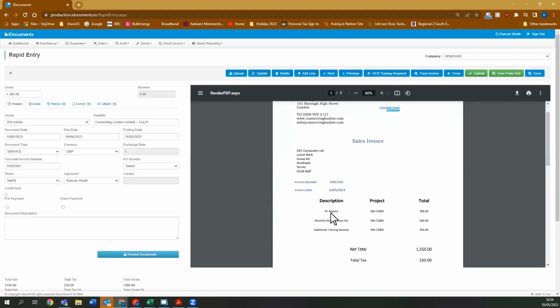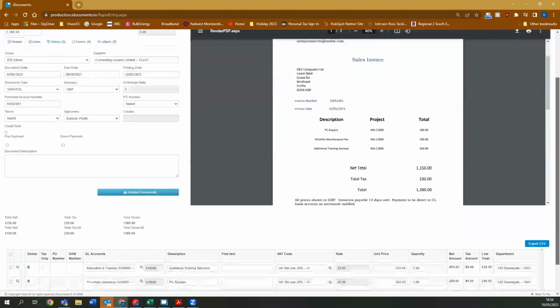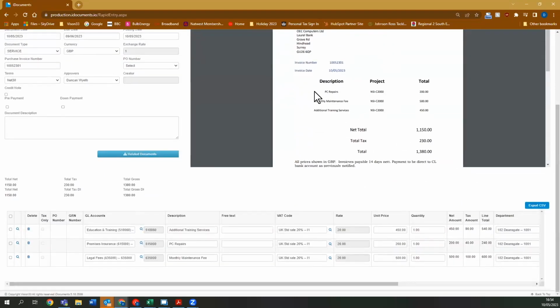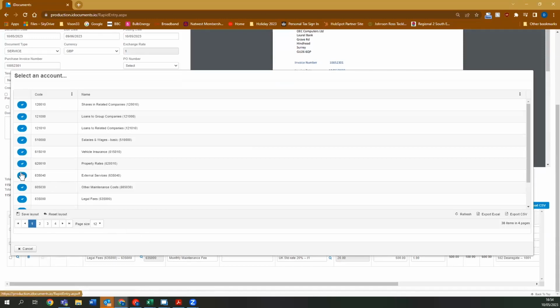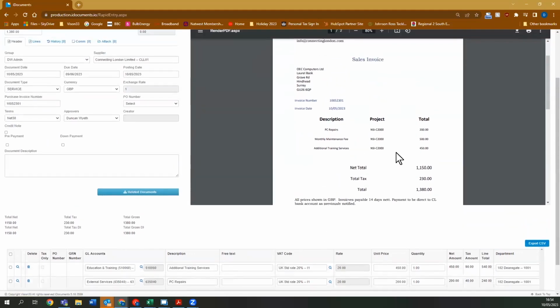I've got 3 lines on the document. The system has picked that up, it's processed the document, and it's automatically coded these 3 lines to the relevant GL account. Okay, so it's processed it to the relevant GL account. I can change that GL account if I choose to. So let's put that to external services. Okay. I've got full control over this document, but it's coded those lines for me using a blend of AI